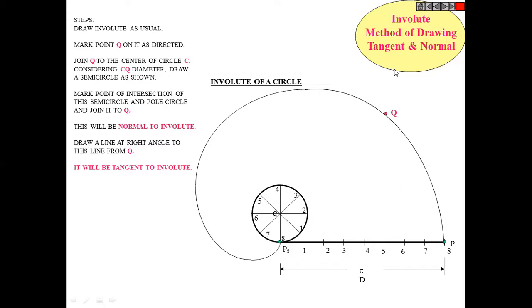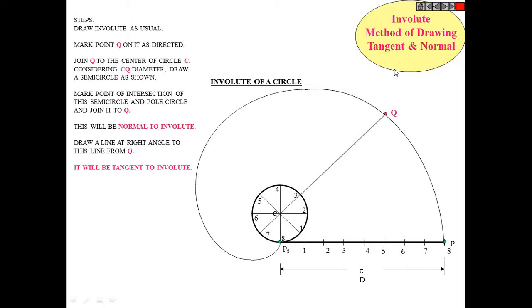What did we do earlier? First of all, we have some point, a certain point is given. See, this point in an exam can be described in any type. For example, this much distance from this point, whatever, that is none of our business. What we are required to do is, from that point we need to draw tangent and normal. Okay, so identify first of all that point on the locus, then join it to the center.